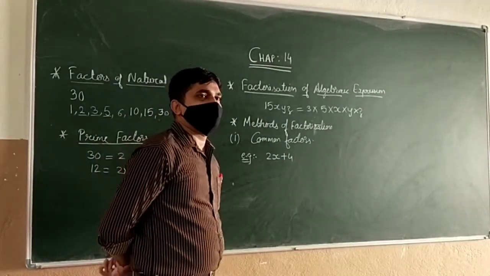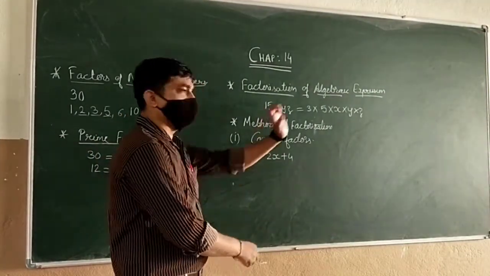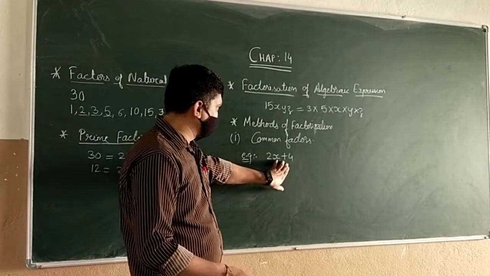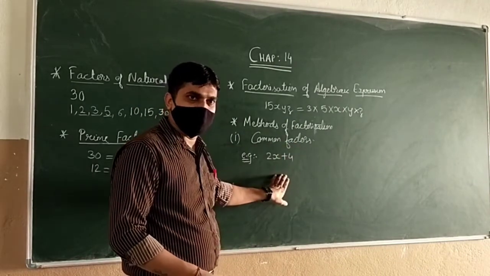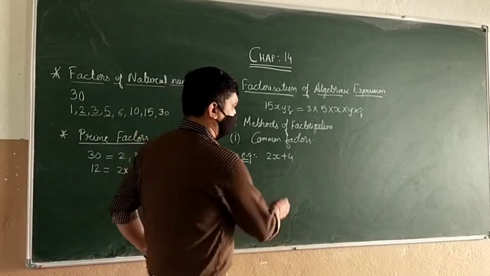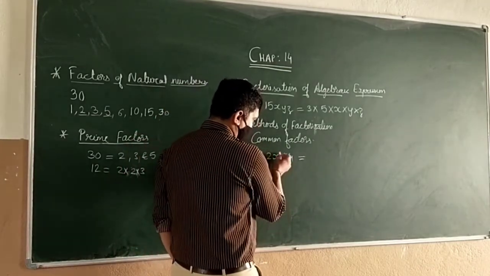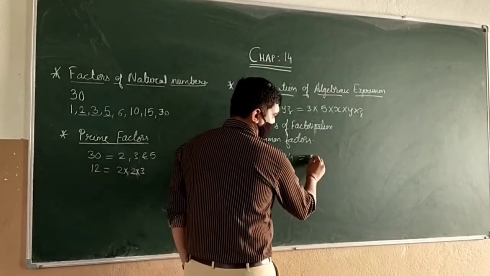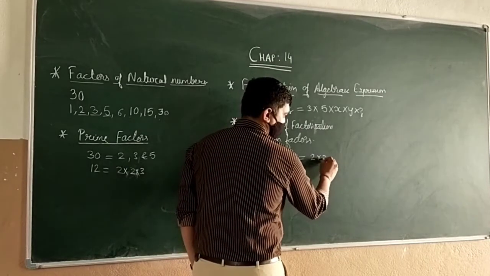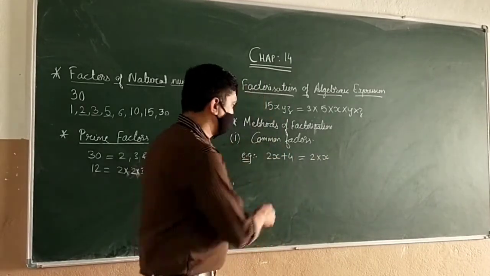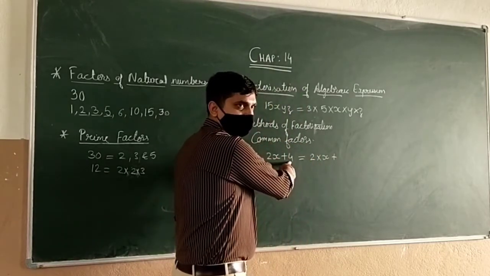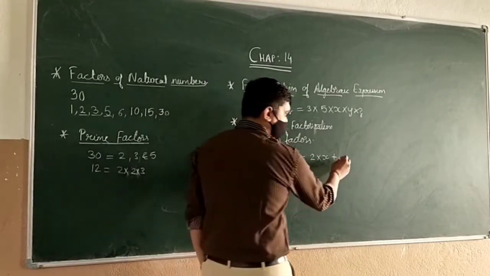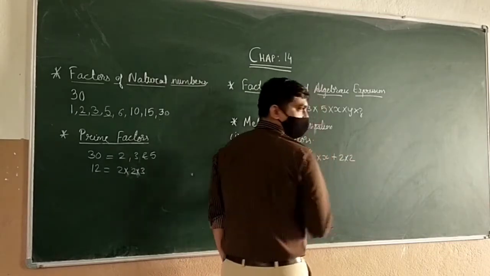How to carry out common factors? How to factorize this? Method of factorization by common factor. This is the expression they have given us. We will factorize each one of them. First term, we will see what is the factor of 2x: 2 into x, right? Plus 2, 4 we can write in prime factors. How can we write? 2 2s are 4, right?